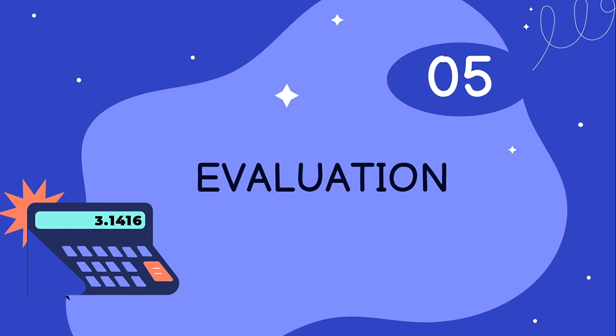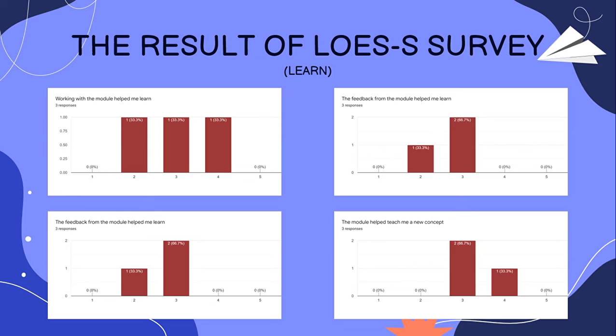And the last stage is evaluation. The survey was constructed using a research paper by Kay and Knaack, which contains 40 questions and is divided into 3 sections, which are learning, quality, and engagement. 12 questions use a scale and 2 questions are open-ended questions.